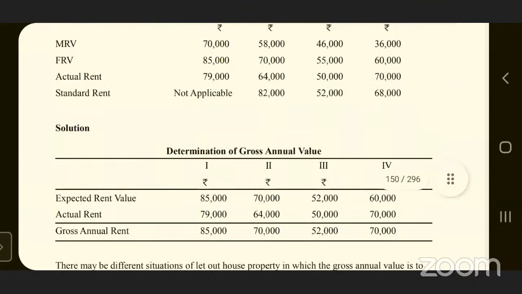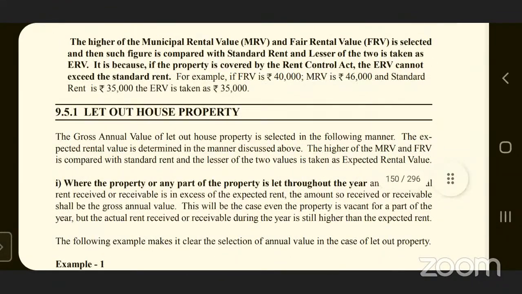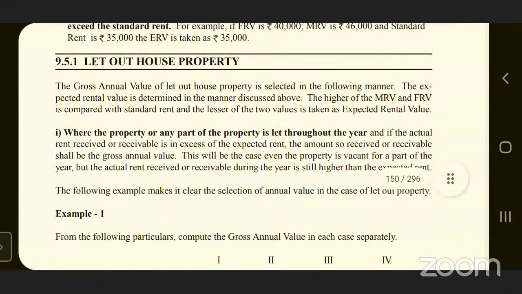And as I told, there are a few situations apart from being let out throughout the year. Sometimes there is a vacancy period, meaning no tenant has yet occupied the house, for example 2 months or 3 months. Then the situation is different, and the calculation of gross annual value is different. And one more situation also exists. Sometimes the owner, even after trying to collect the rental amount,